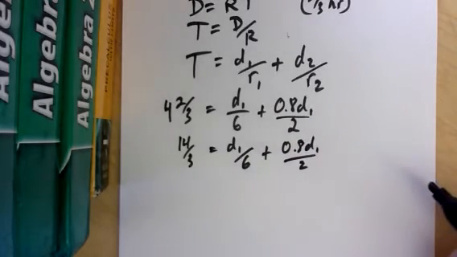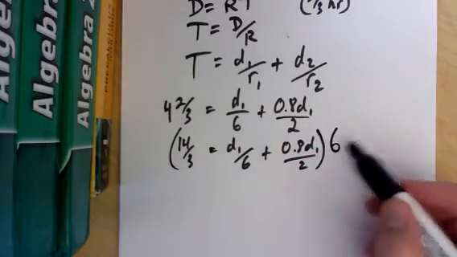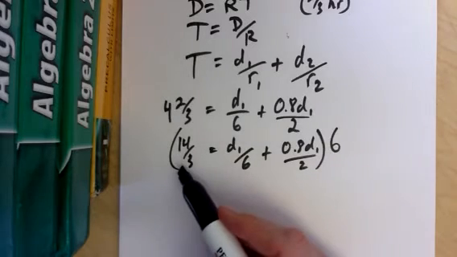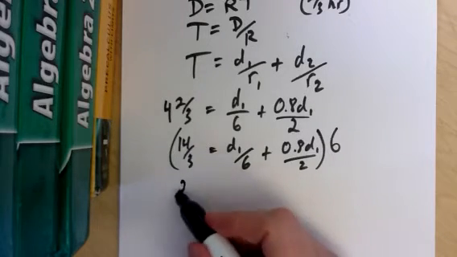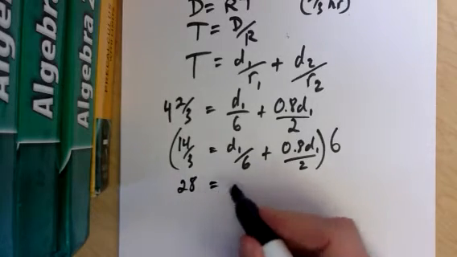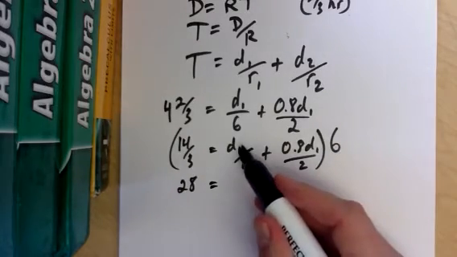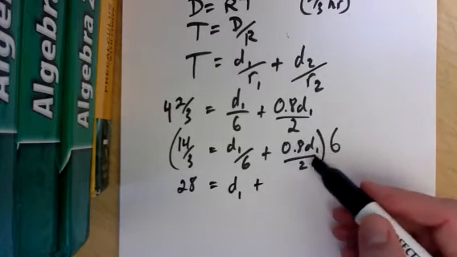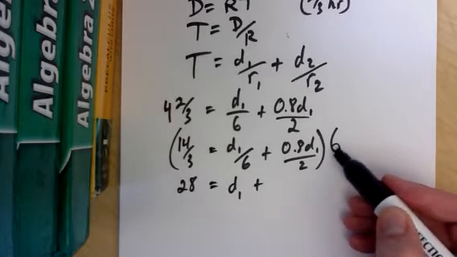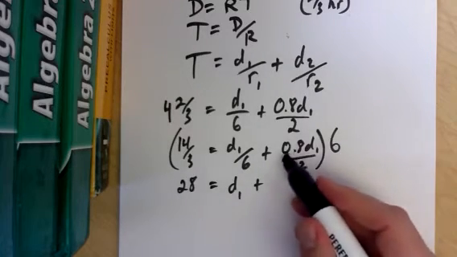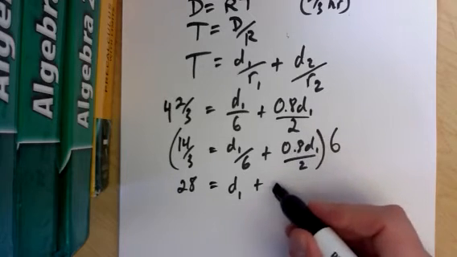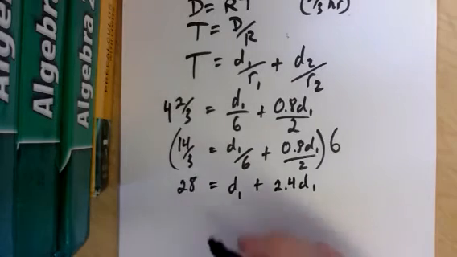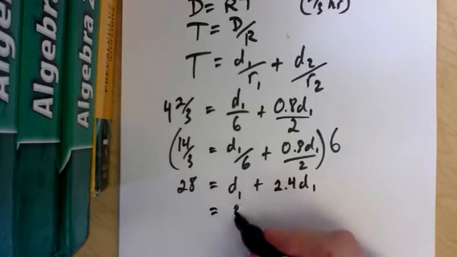over 2. Multiply this whole equation by 6. So 14 thirds times 6, well, the 6 and the 3 will reduce to 2 times 14 is 28. The second part, 6 times d1 over 6 is just d1. And 0.8 d1 over 2 times 6 reduces to 3 times 0.8 d1. 3 times 0.8 is 2.4. This total now is 3.4